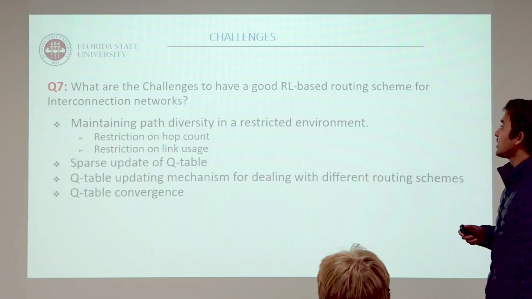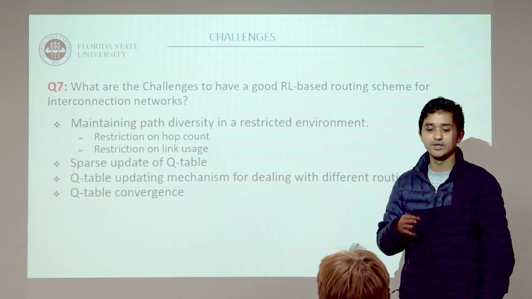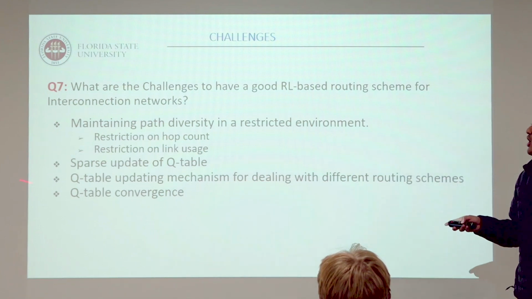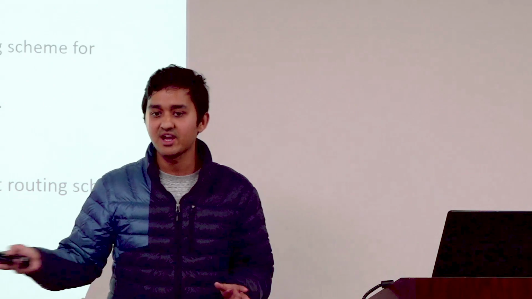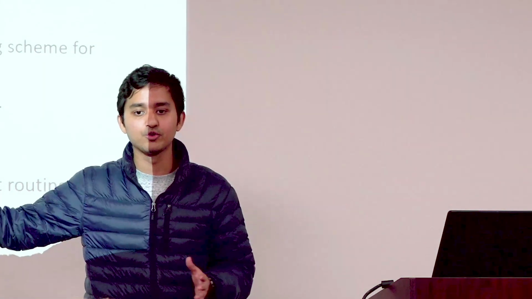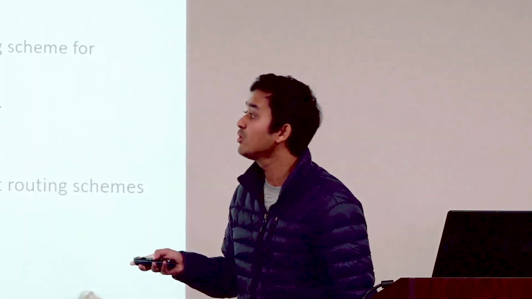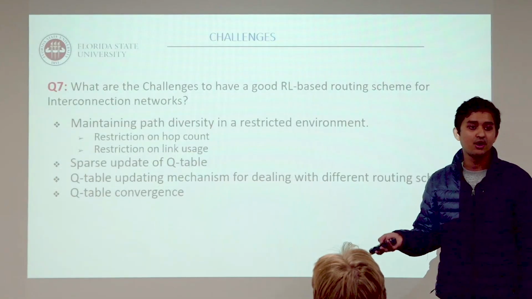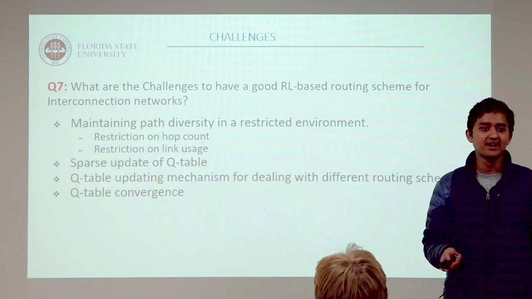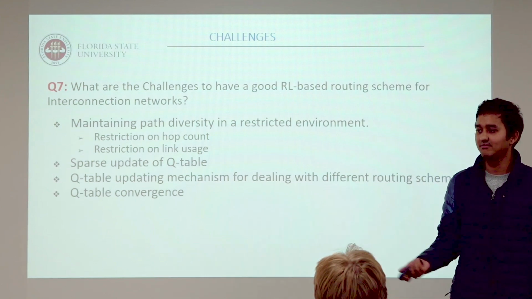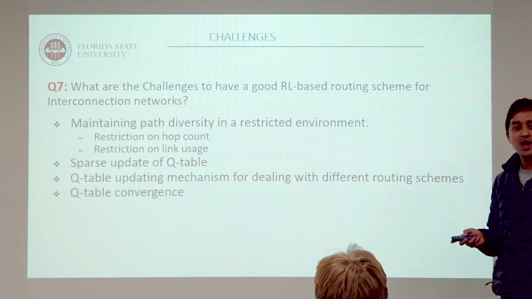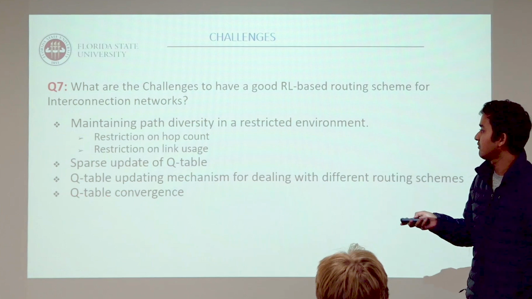So what are the challenges we have to face if we want to design a model-based routing system in an interconnect? Actually, here we need to have several path diversity. That means the more paths we have, the more we can distribute our packets over those paths, so it will be great. But we also have a restriction on hop count, because you can't just route your packets without progressing to the destination. So there is a restriction on the hop count to avoid livelock and deadlock in your system.